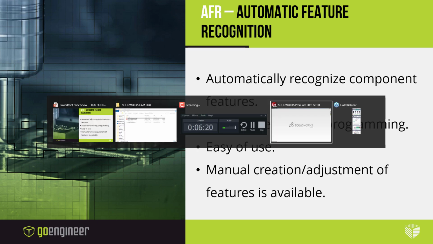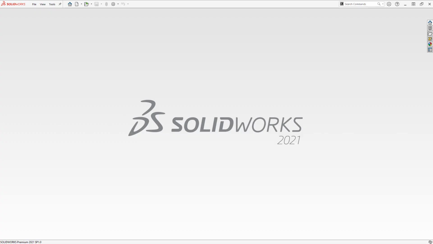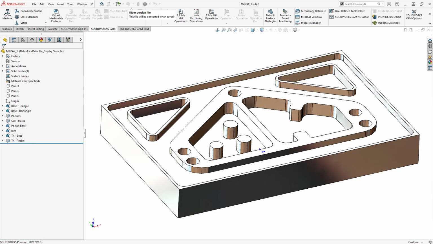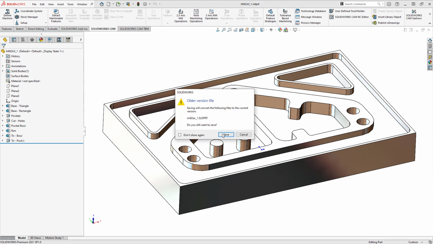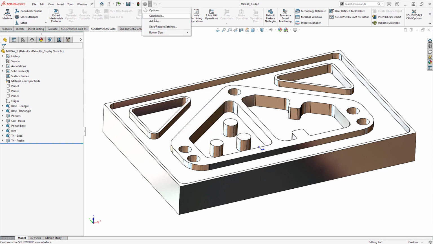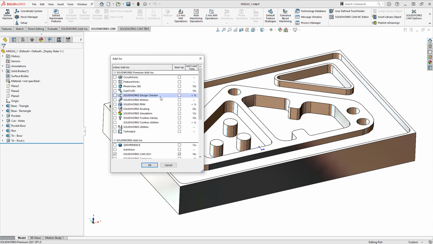So, kind of with that, let's go ahead and talk a little bit about what this looks like. I'm going to bring a part up in SOLIDWORKS, and it's going to be a pretty straightforward part, but it does show you the basic steps of what we go through. First and foremost, make sure that you do have your add-ins on. Go up here to the add-ins and then make sure that the CAM